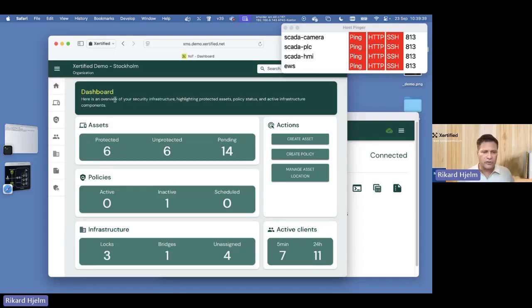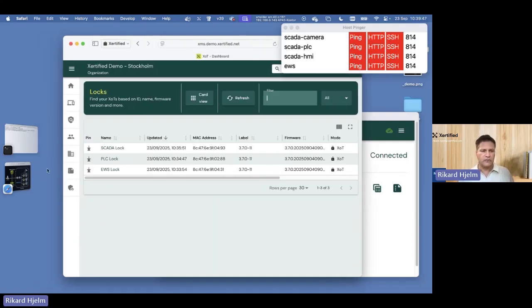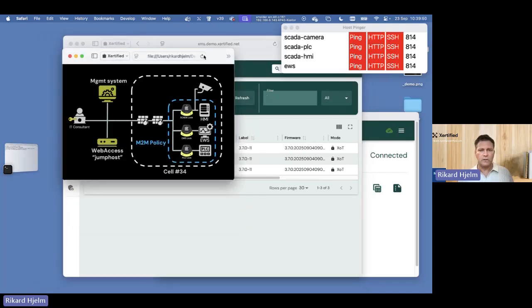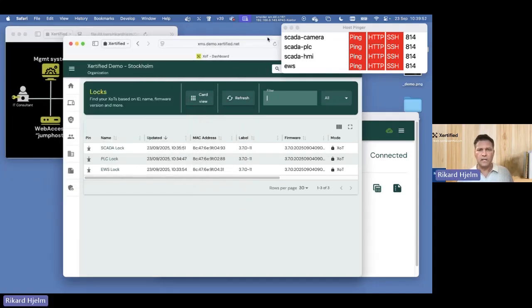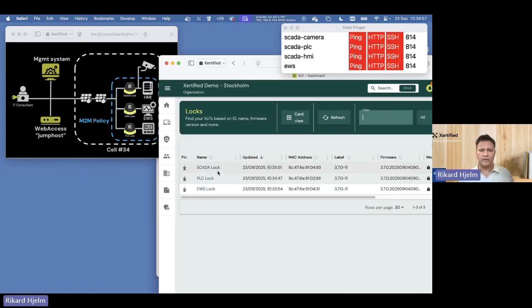Now I have some other locks that have already been enrolled to prevent some of the demo glitches, and these are the locks here. So you can see that they line up with what I have in the demo here. So I've got a SCADA lock up here, PLC, and an EWS lock. So the SCADA lock actually has 2 devices behind it, and these only have a single device behind it up here. So the first thing I want to do is access the engineering workstation, the EWS system, from my PC,